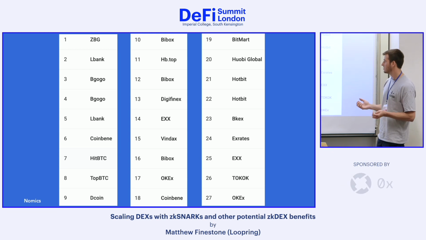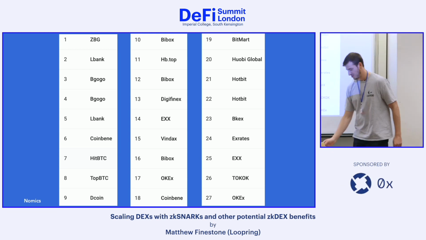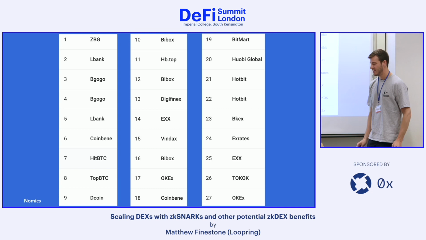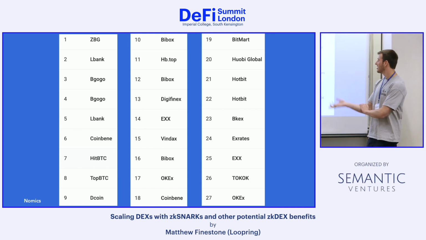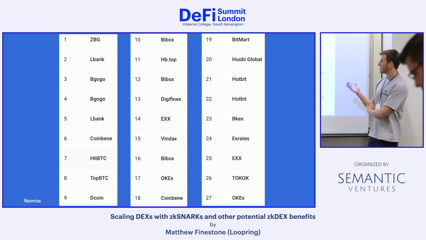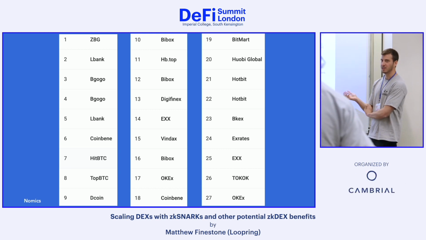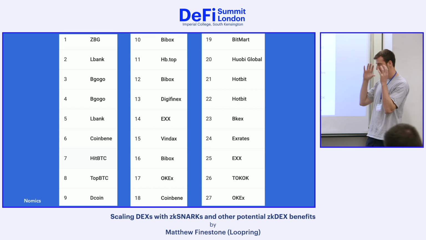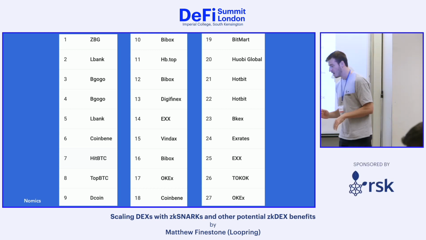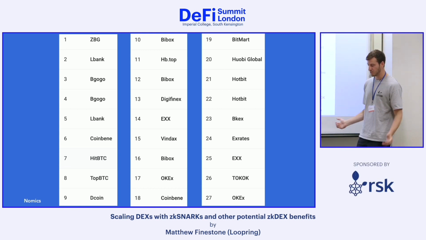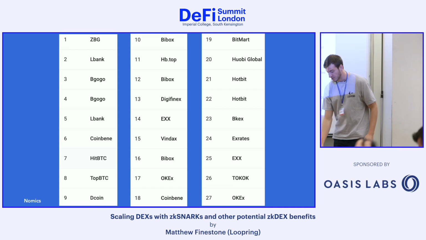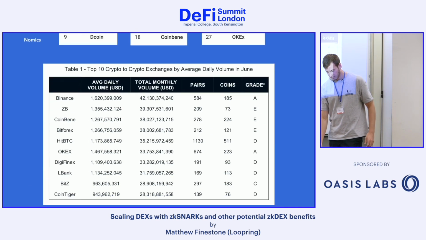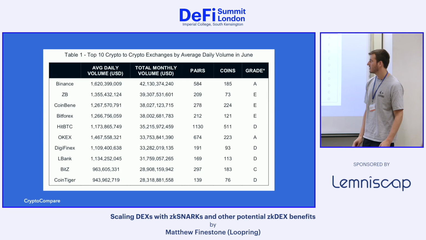Some I do trust, the business and the traditional reputation risk, they want to be a going concern, but a lot of them, this kind of gives us hope that, the fact that people are depositing here, this is kind of what's in our first line of sight, that Loopring-built exchanges will be able to outcompete these ones with their security guarantees. And again, just another look, this is from another provider, CryptoCompare.